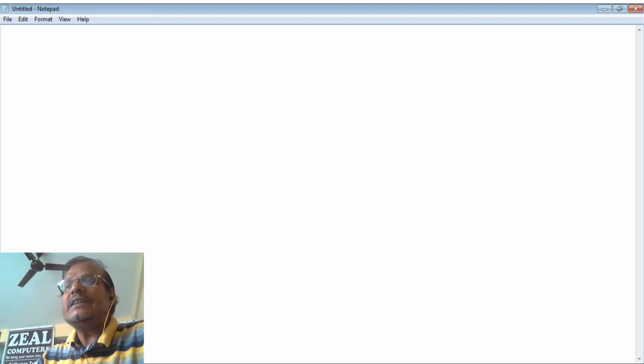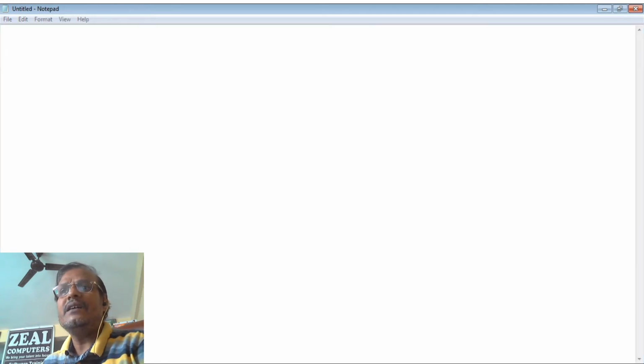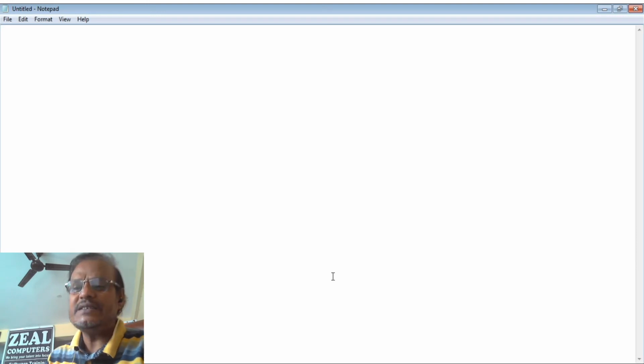So here, one of the excellent functions provided by Excel is the IF function. As we know, every function in Excel must start with the equals sign. So let us start now and see how it works.